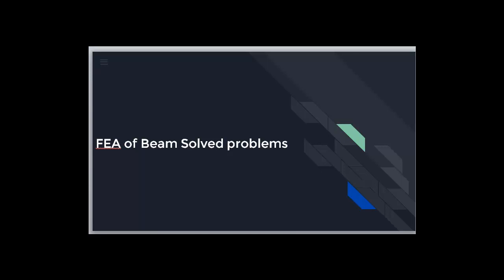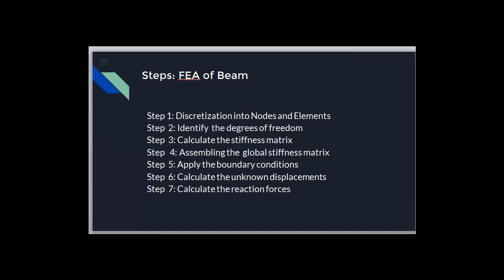In this video, let us see the finite element analysis of a beam by taking up a solved problem. In order to solve a beam problem, we must also remember the step-by-step procedures involved in analyzing the beam by using FEA concepts. The steps are: first, discretization of the beam into nodes and elements, followed by the second step, identifying the degrees of freedom, and the third step,